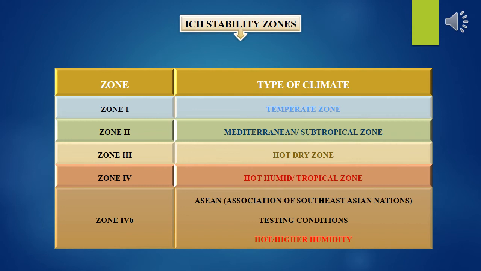And in the last slide we discussed the steps involved in stability studies. So these steps are carried out in different climatic zones. As a part of the ICH stability guideline, the Q1F guideline is meant for registration applications in climatic zones 3 and 4. So what are 3 and 4? Hot dry zone and hot humid or tropical zone.